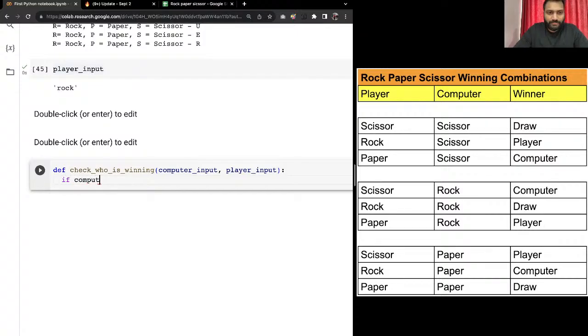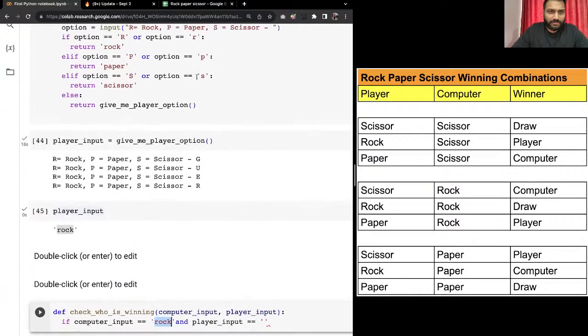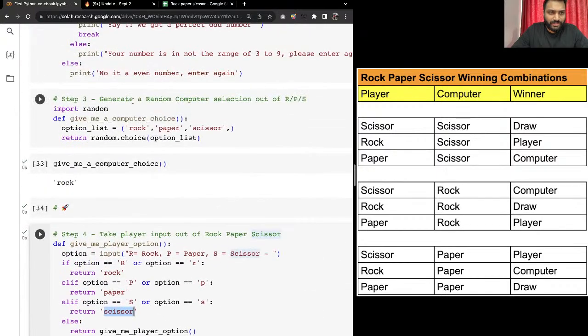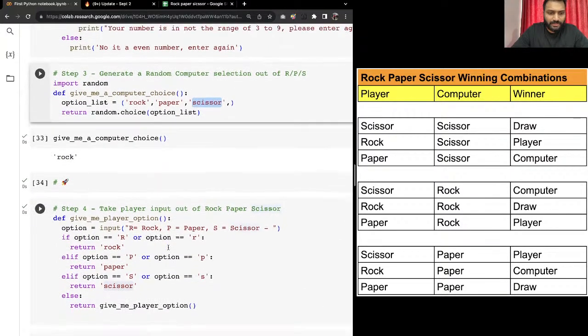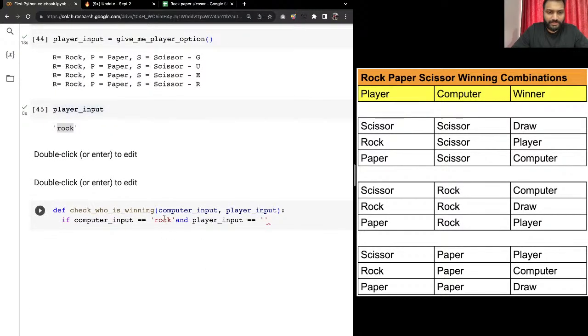If computer input equal to, okay, computer equal to rock, and player input equal to, पहले तो सीज़र है ना यार, सीज़र रखते हैं. पहले तो सीज़र का स्पेलिंग चेक करो, SC है, मेरे को उसी का गलती लग रहा है. सीज़र, ओके. Everywhere the Caesar spelling is right. Fine, I'll just copy paste Caesar